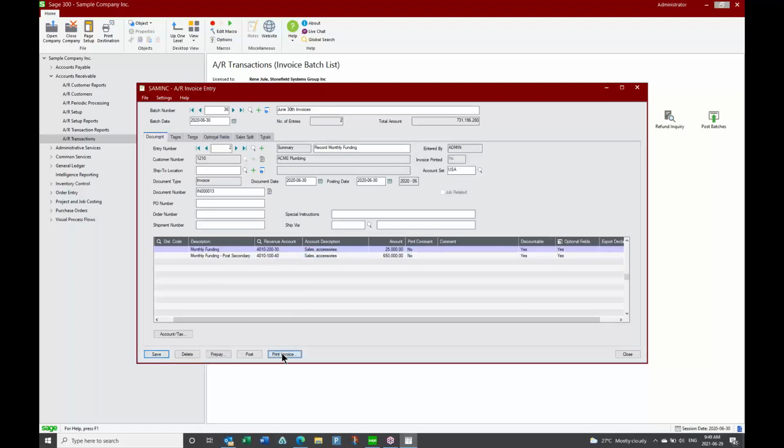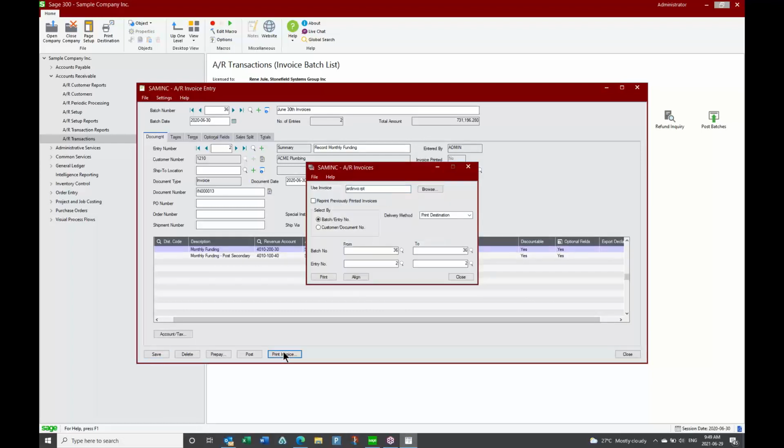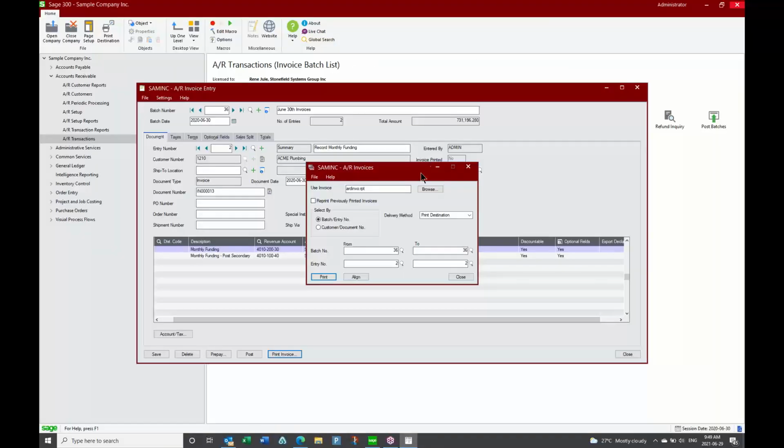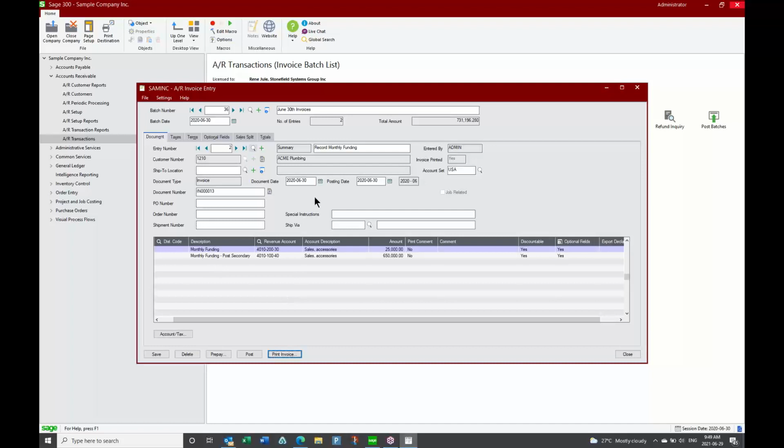Save that and reprint it. And now you can see that, of course, the descriptions now show up. So let's hit close there, and hit close. And I'm going to go post this